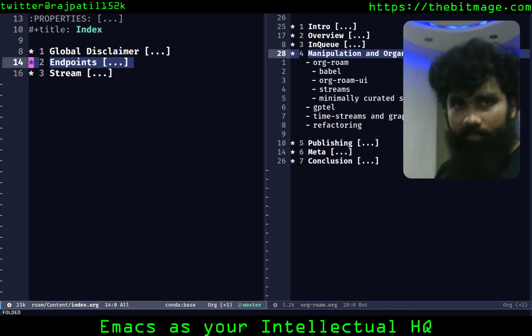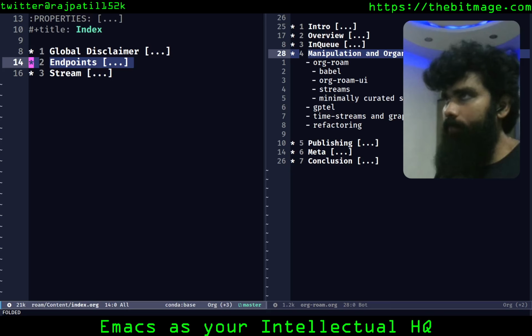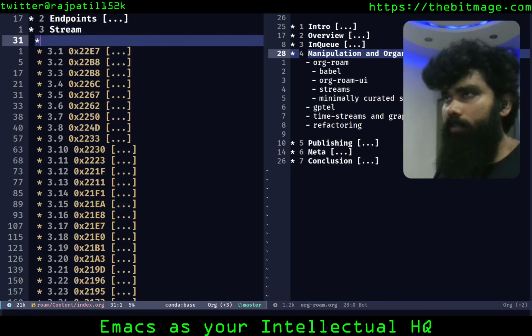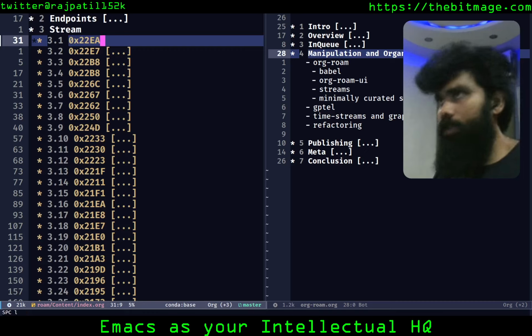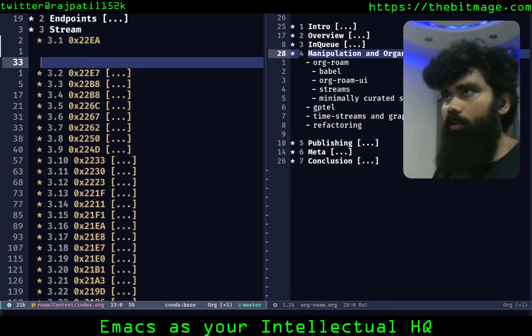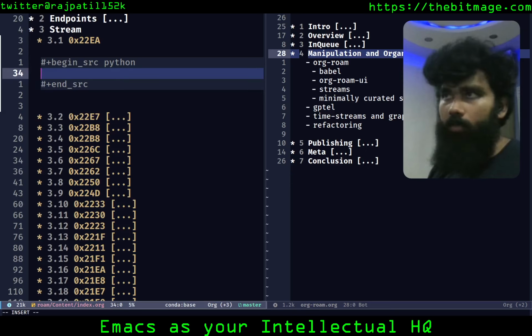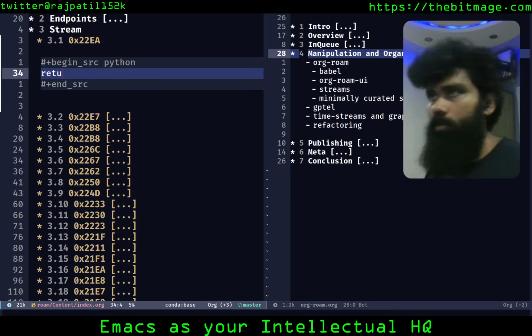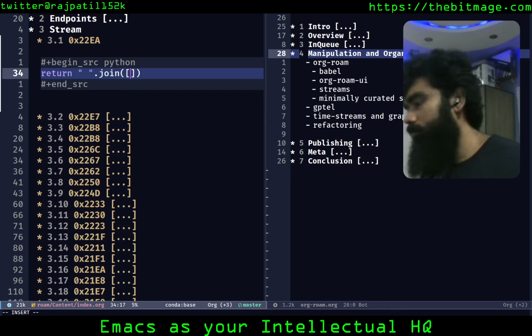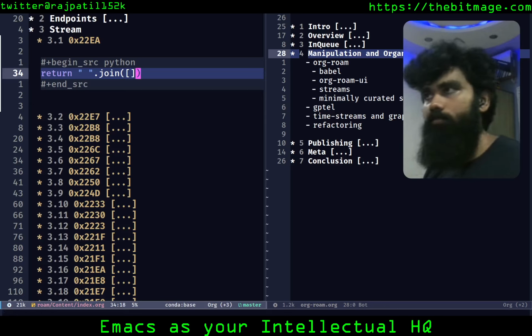So Babel is the execution engine for org mode, and it enables something very interesting: literate programming. If I wanted to, anywhere in my nodes, write a Python script, say I wanted to print some numbers, I'm just going to quickly do it.